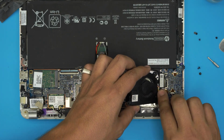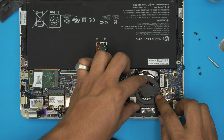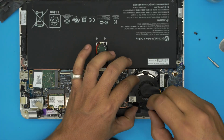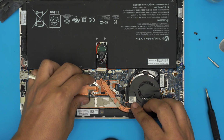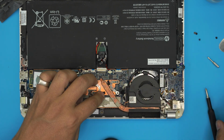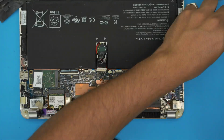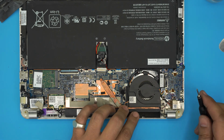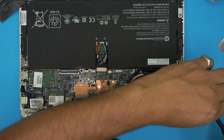First, put the fan cable in, the jack all the way in, and then place the fan right in there. Put the 2 screws for the fan. Grab the heatsink. Bring it over and change to bit 00. Alright, now that we have the heatsink in place, the last thing down here would be to put the